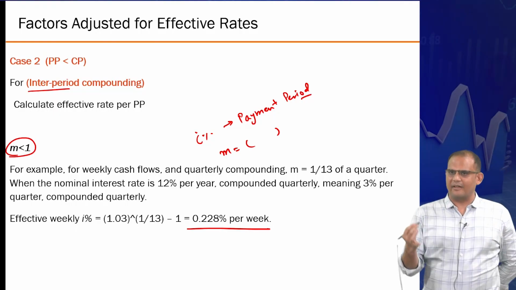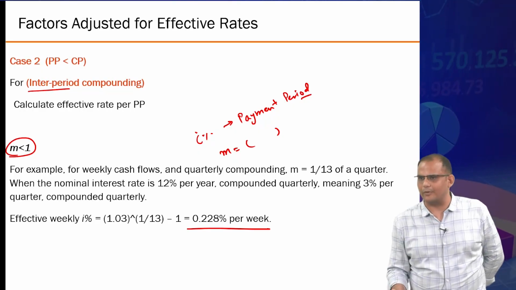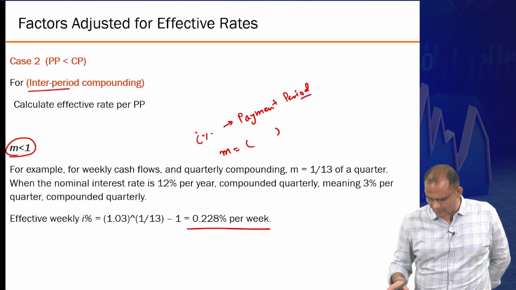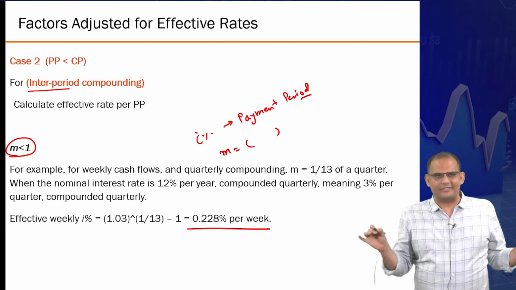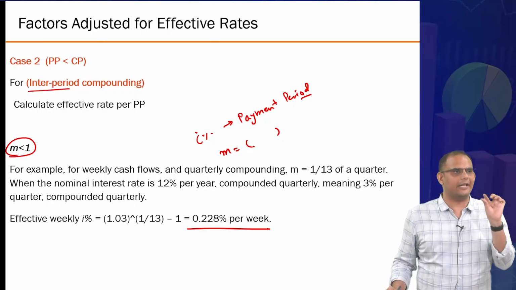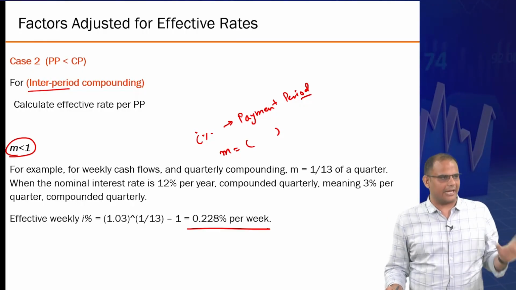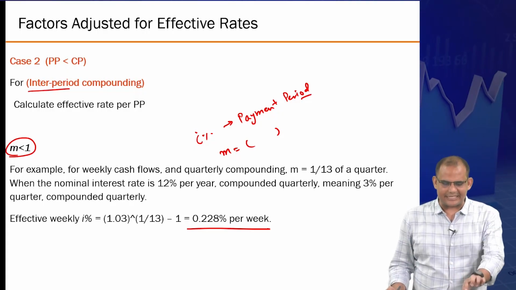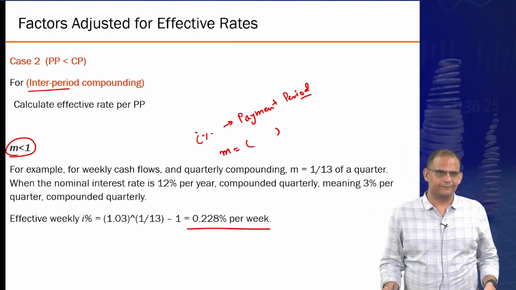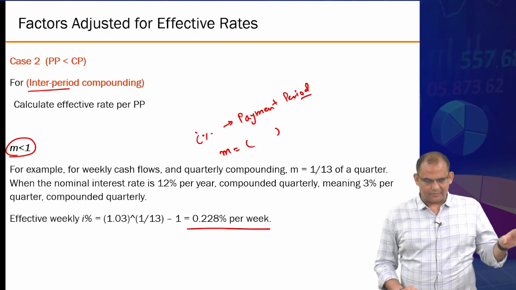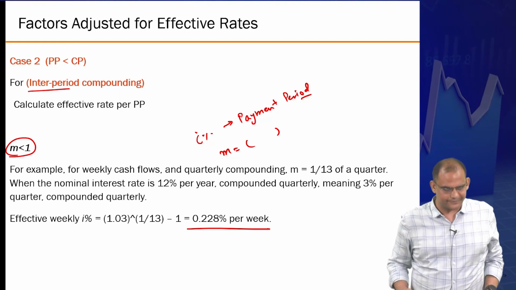So you can estimate weekly or daily rates if needed, and then use those rates to properly account in your formulas. Okay? So essentially, if you are dealing with formulas, then there is no problem in changing anything. All you have to make sure is that you are calculating i for the payment period and using the number of payment periods in the calculation. It doesn't matter whether your CP is higher or lower. This kind of problem only comes when you are not considering interperiod compounding. So that complicated life becomes slightly simplified if you remember how the formula system works.